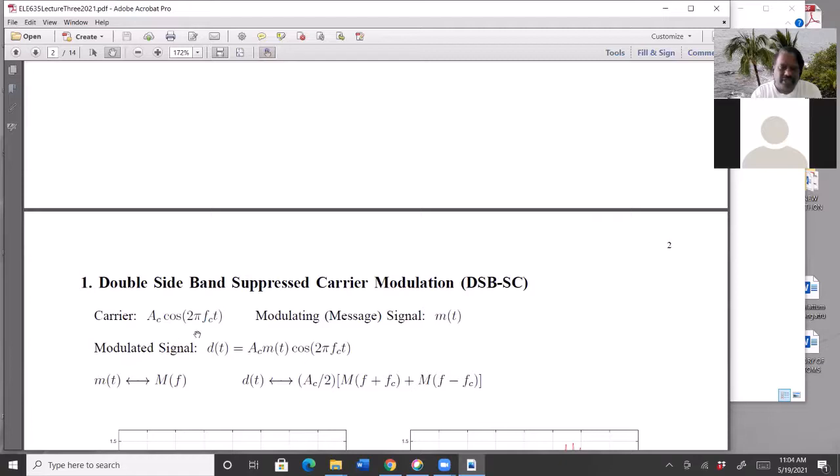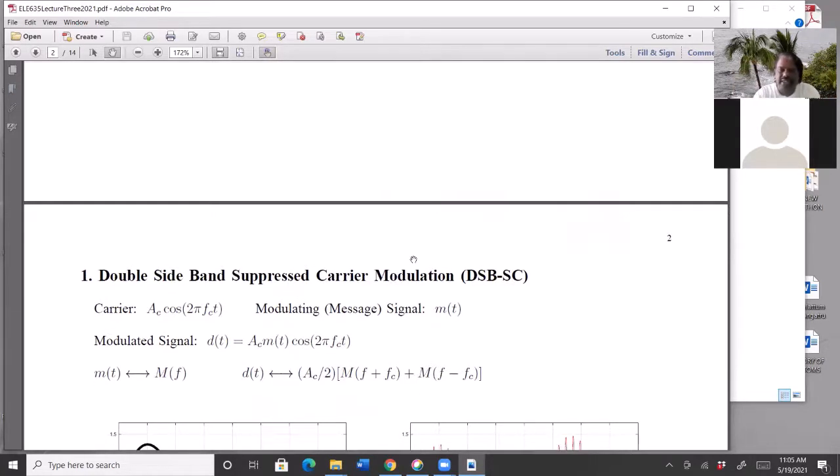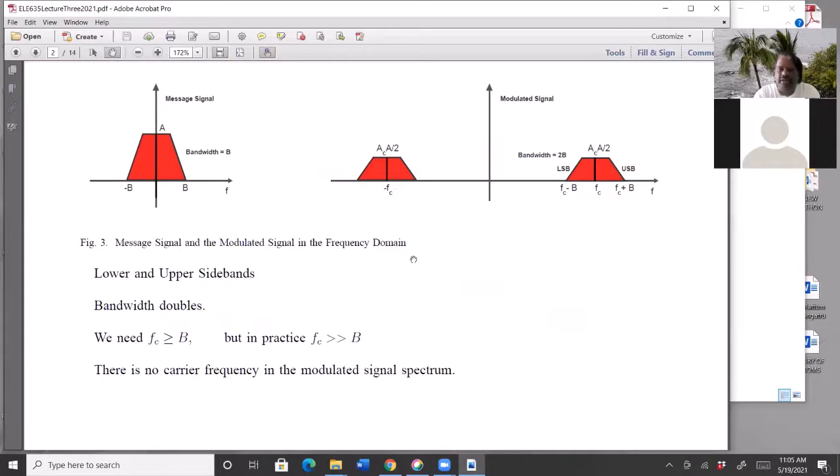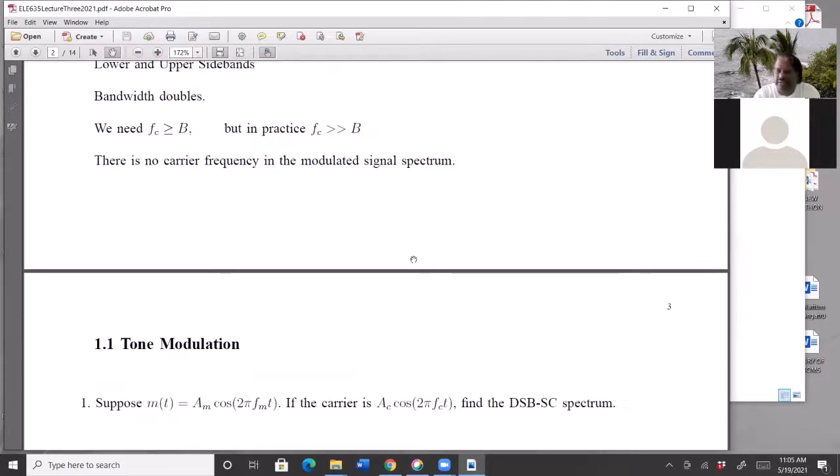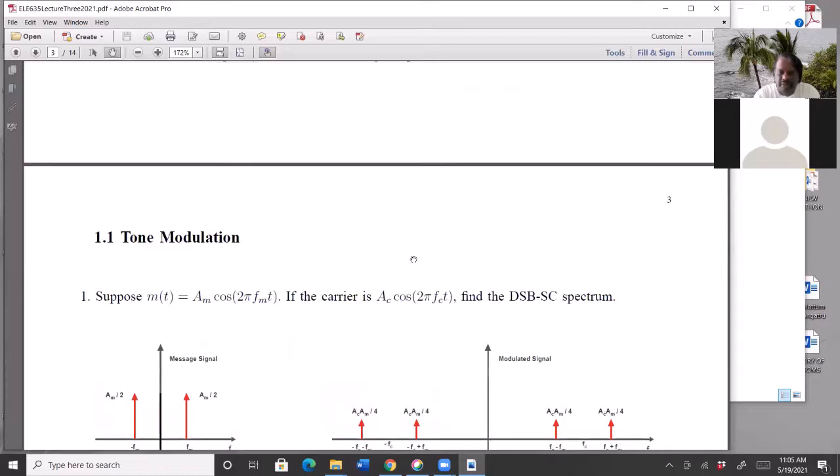The spectrum of this is 2 spikes of amplitude AC over 2, one at FC and one at negative FC. We don't see that. Okay, that's important. All right. Let's see. Now,